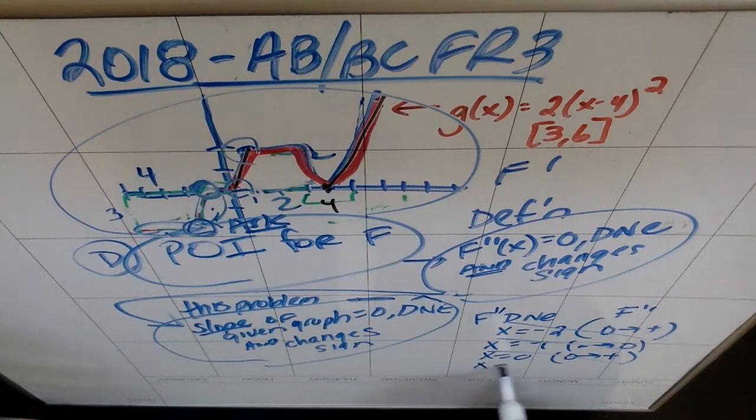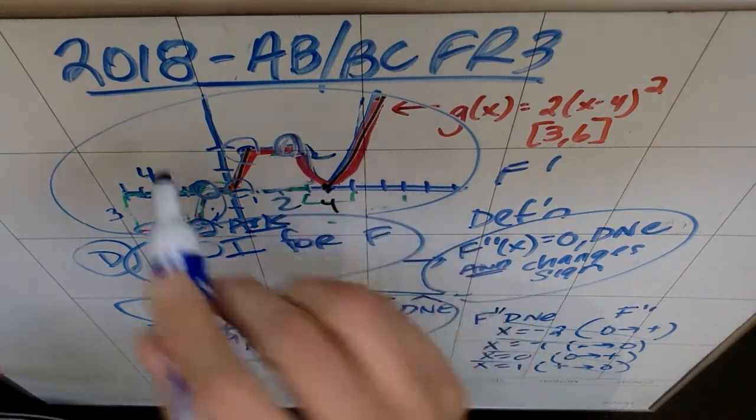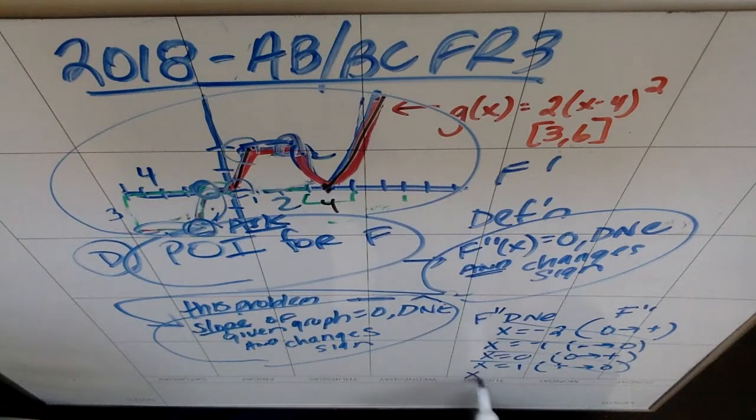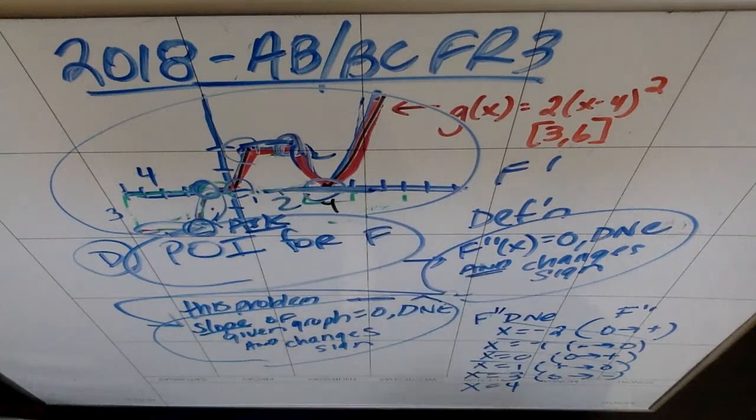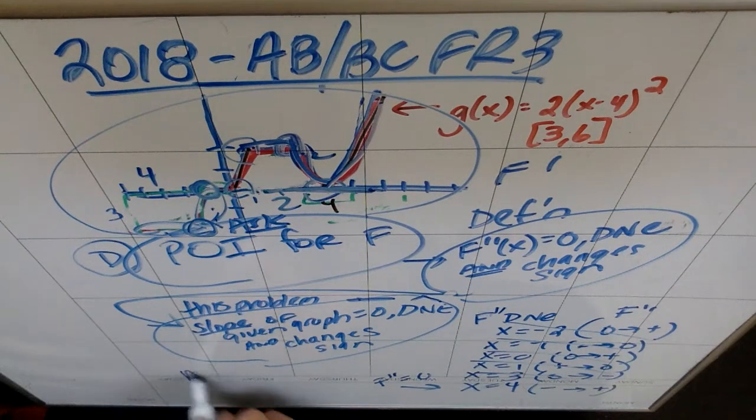Again, same situation at x equals 1. I switch from a slope that's positive to a slope that's 0. Again, not a sign change. Here, I have a slope of 0 to negative. So at x equals 3, I switch from a slope of 0 to negative, which is not a sign change. But here, finally, we have our winner. At x equals 4, this is a horizontal tangent line. So at x equals 4, f double prime equals 0, and I switch from a negative slope to a positive slope. So my only answer is that at x equals 4,